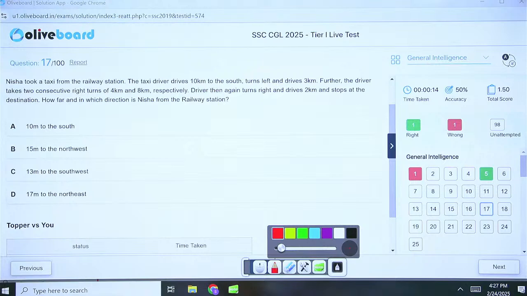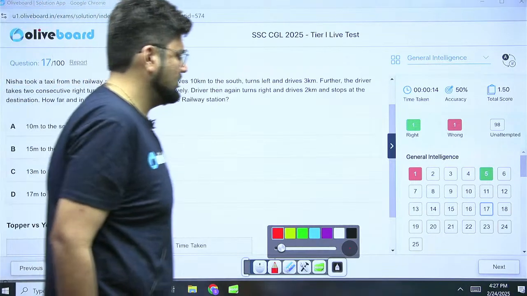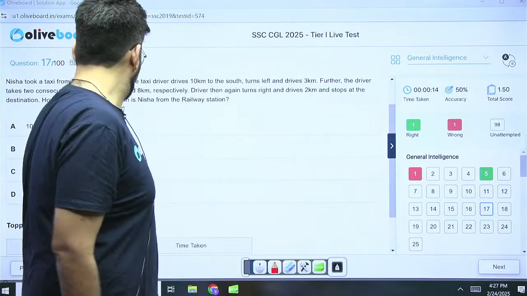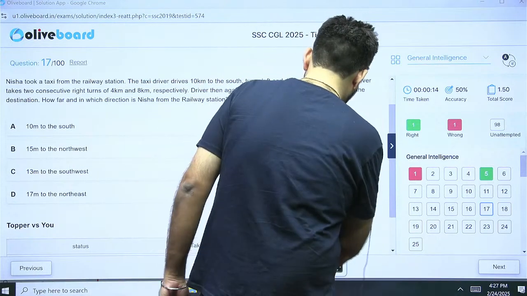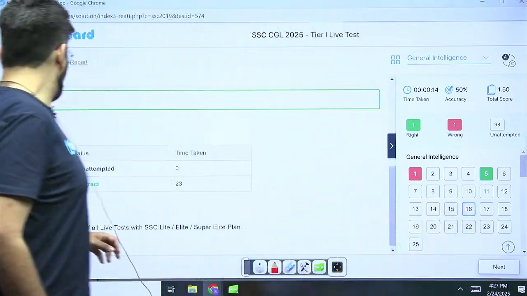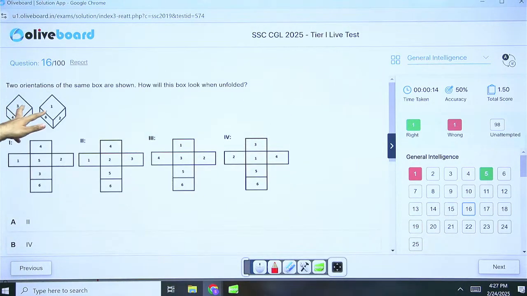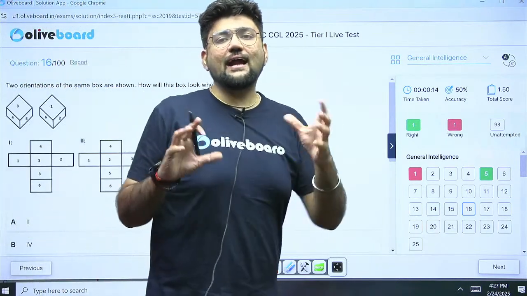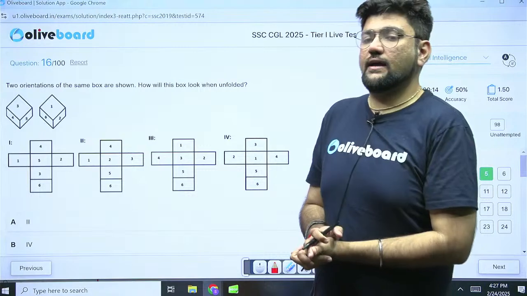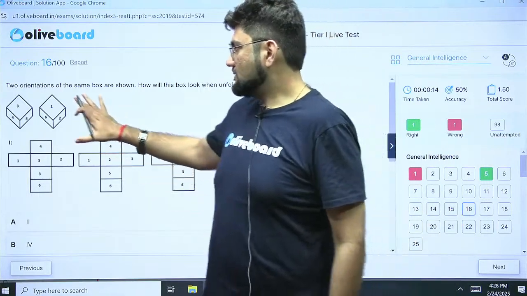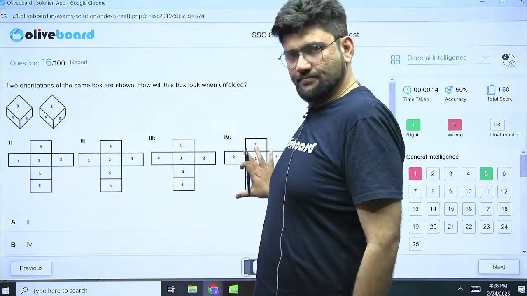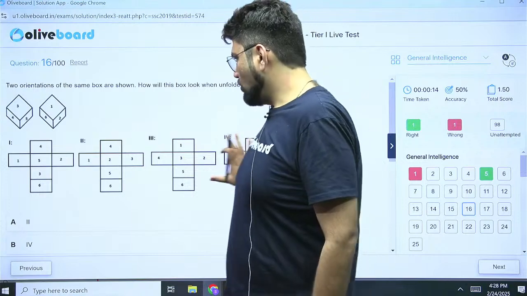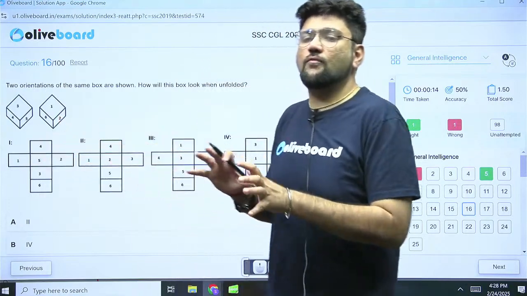Why we should not check second dice? We did check the second dice, Cookie. See? We did check the second dice. We checked both the dices. Now, see, this is a concept of opposite and adjacent. Listen to me very carefully here, okay? In a dice, if we have an open chart like this, clear? If we have an open chart like this, and if I am folding this into the form of a dice,